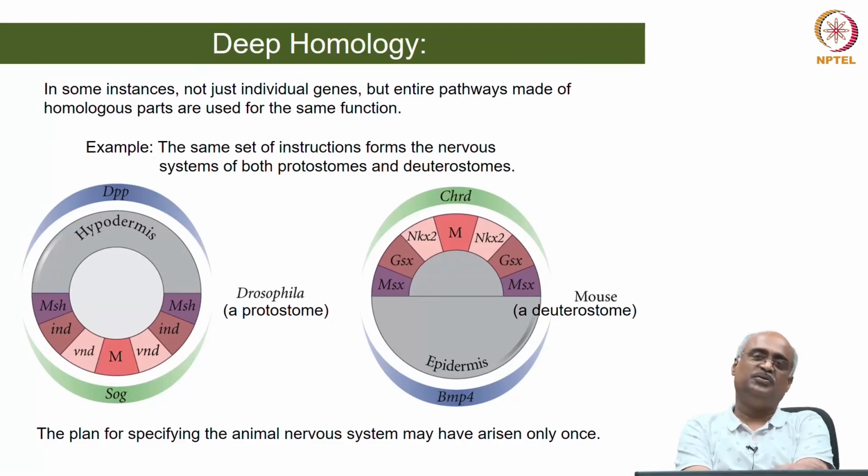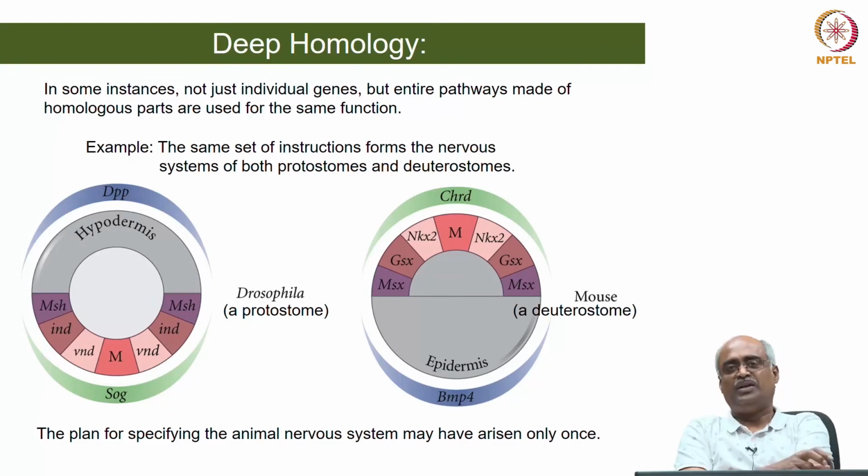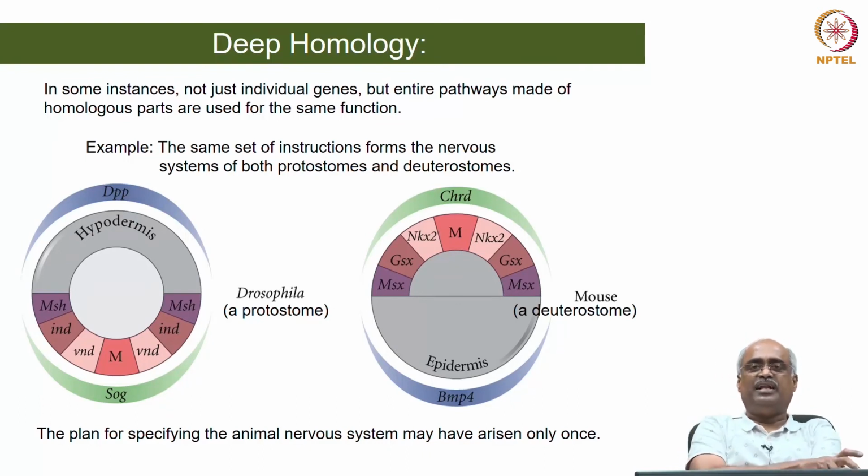Okay, so deep homology, you do not use that phrase to explain how two genes are highly conserved, okay. So, a high degree of conservation is not synonymous with the depth of homology. When you say depth of homology, what you mean is, it is not that the individual gene is conserved, it need not be highly conserved. It is actually a set of genes functioning in a particular process, let us say limb development. All genes involved in that are conserved and do the same thing, and that is when you call it deep homology. An outstanding example is what is shown here, the way the